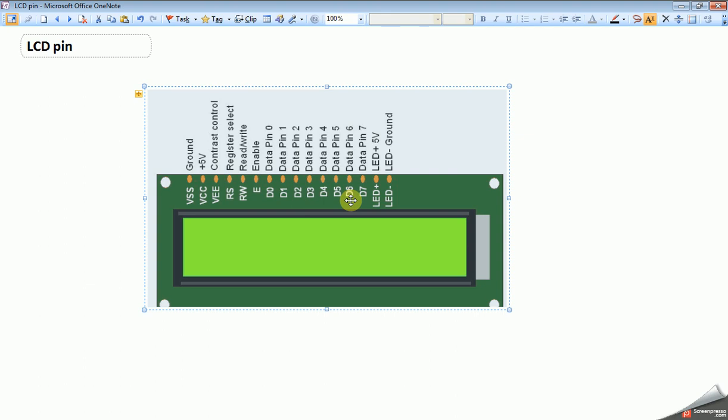If you want to transfer a character to the LCD, that is nothing but text, it uses ASCII to represent characters. That means if you want to write data, small a for example, the ASCII value for small a is 97. So if you convert it into